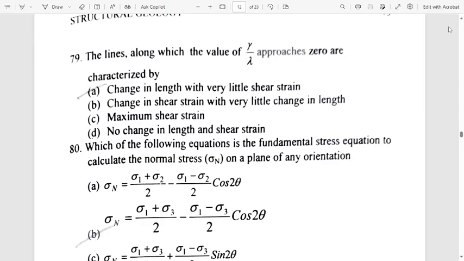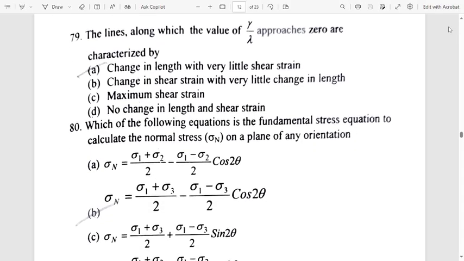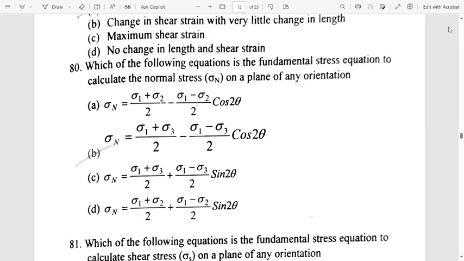The lines along which the value of gamma by lambda approaches zero are characterized by change in length with very little shear strain. Which of the following equations is the fundamental stress equation to calculate the normal stress sigma n on any plane of any orientation? Sigma n is equal to (sigma 1 plus sigma 3) by 2 minus (sigma 1 minus sigma 3) by 2